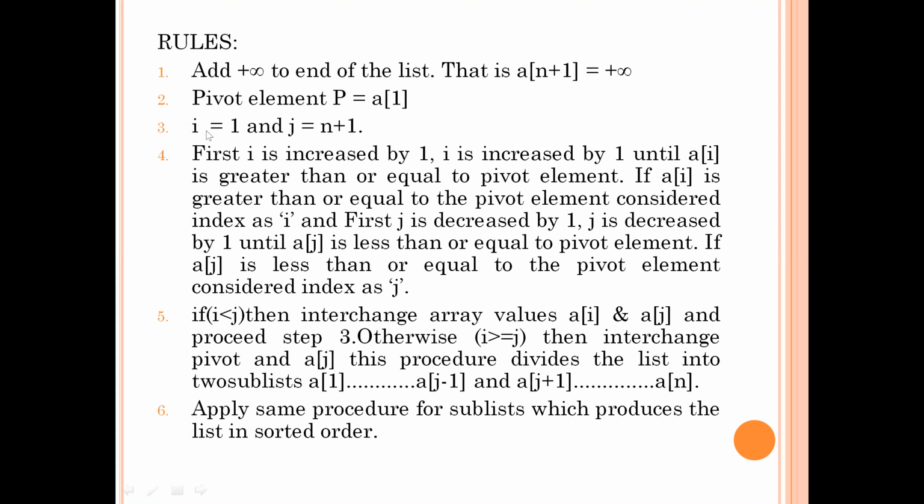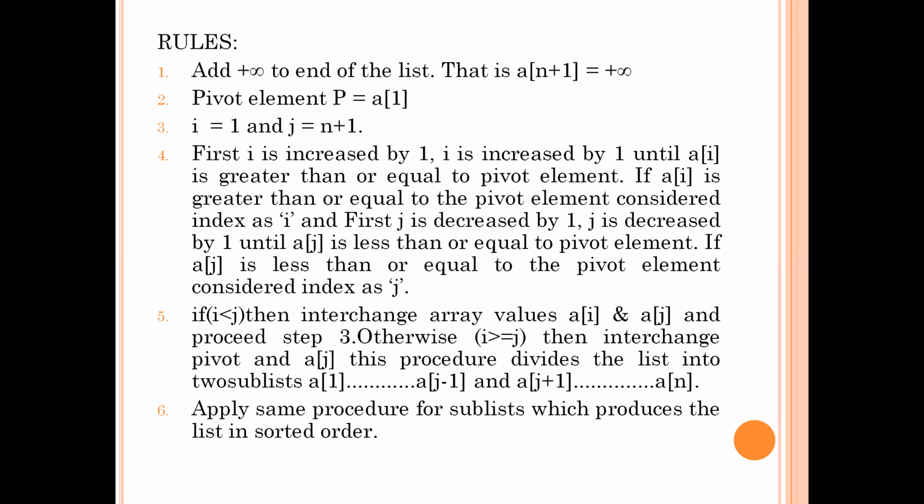So that's why we are finding an element that is greater than the pivot with i, and with j you are finding an element that is less than the pivot. After getting those two elements, if i is less than j, then what will you do? Because the small elements must be on the left hand side and the larger elements must be on the right hand side, you will swap the element at A of i and A of j. Like this, the process continues until i crosses j.